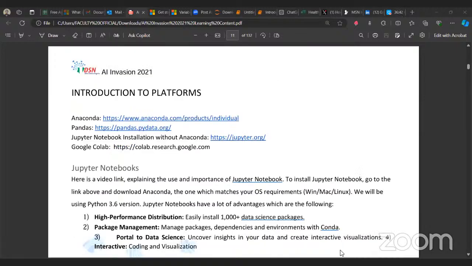The programming language that is mostly used for AI is Python. And to use a programming language, we need what is called an IDE. The popular Python IDE is Anaconda. So I hope you guys have installed Anaconda by now. I know one of my colleagues sent the link in the group chat.